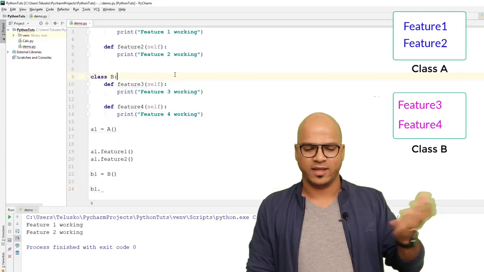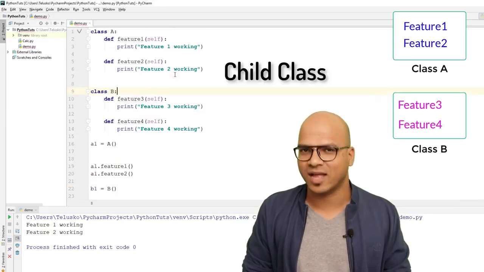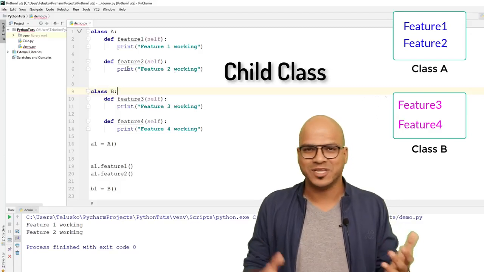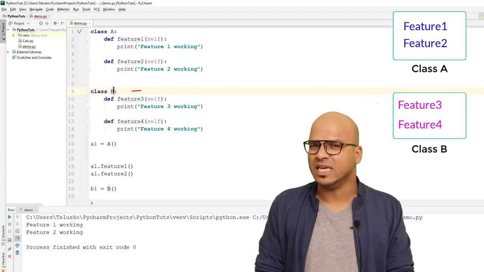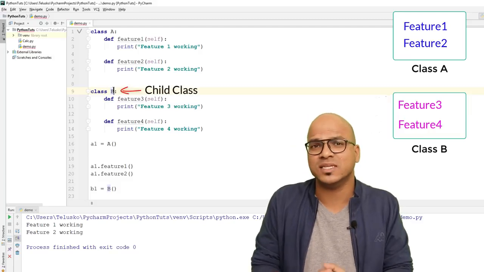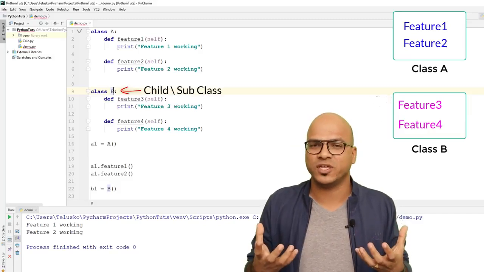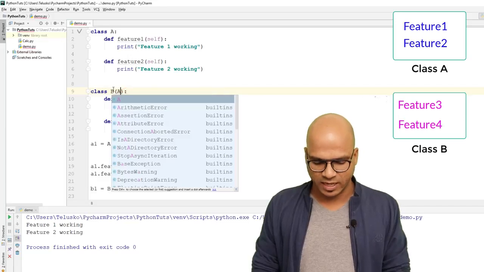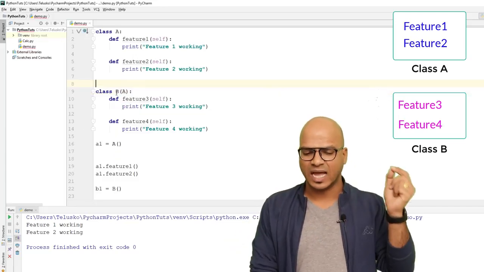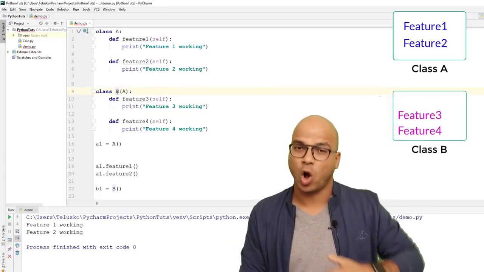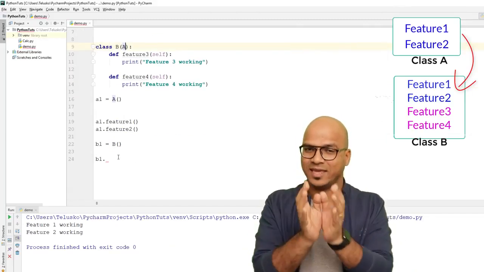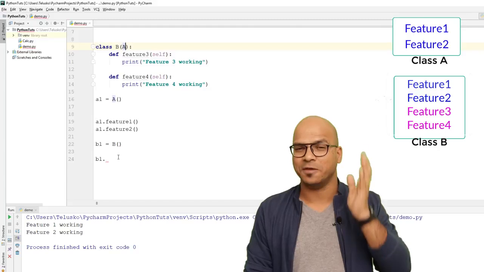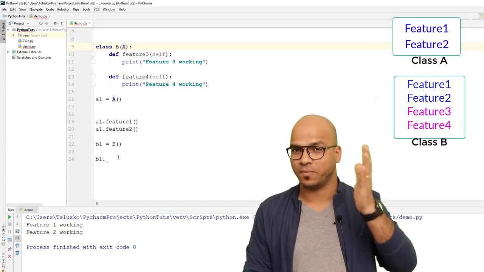So we can say, hey, this B is a child class of A, right? And the moment you say child class, it will import all the features. So B is a child class, or you can say subclass. We have different terminology we can use here, and we can simply say in the bracket, A. So this class B is inheriting all the features from A, and we got it, right? Just by writing that one thing, just bracket A, we are saying B is inheriting the features from A, which